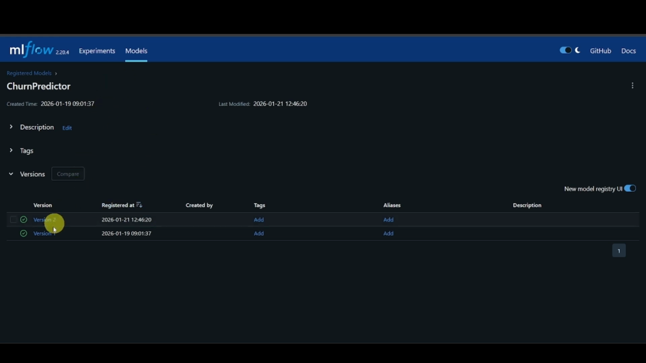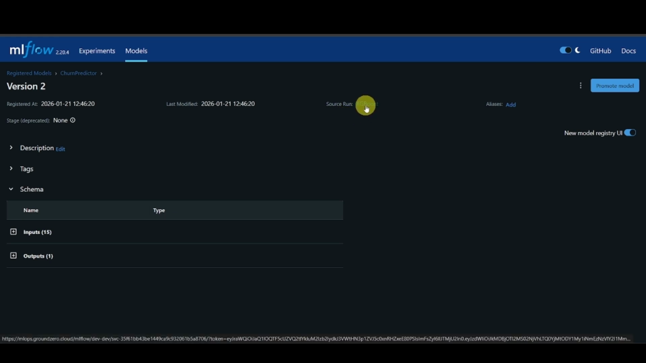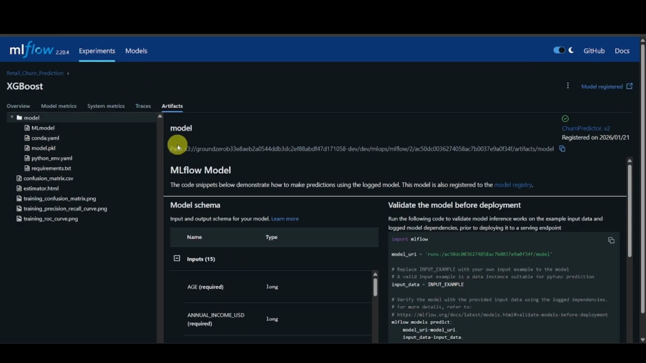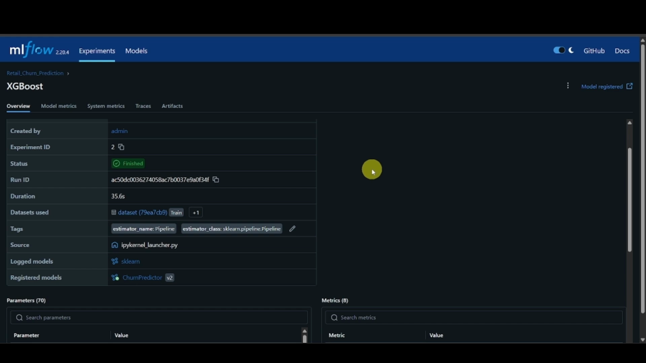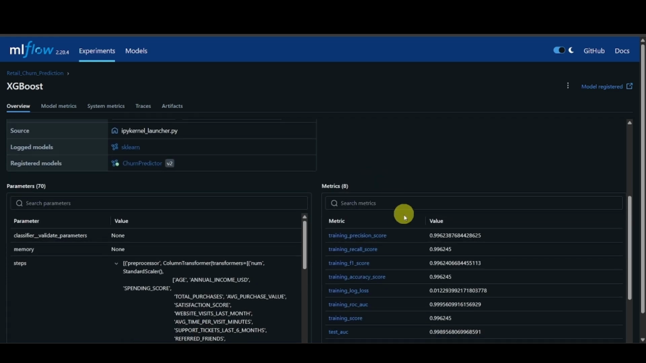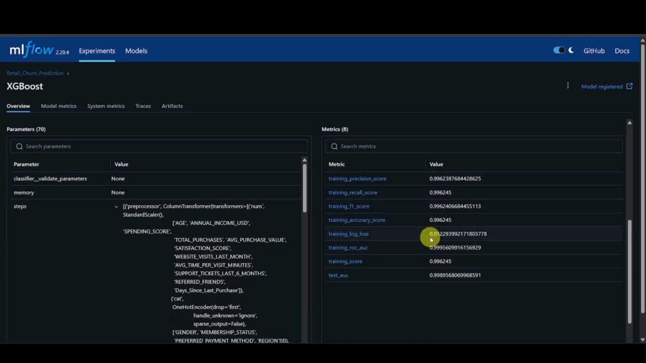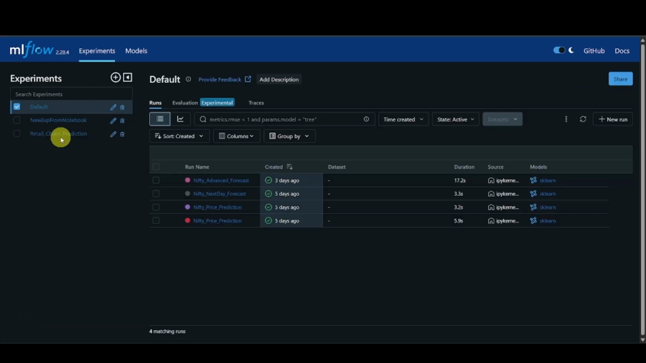This is an important step for reproducibility. We are not just saving a model file, but the version controls the entire model lineage. Clicking on version 2 opens the detailed view where we can inspect the model metadata. In this view, you can see that the system has automatically captured the full model schema. Under the input section, the expected fields such as age, annual income, credit score, and other features are clearly defined. This acts as a contract, ensuring that when the model is used in production, the required data format is well